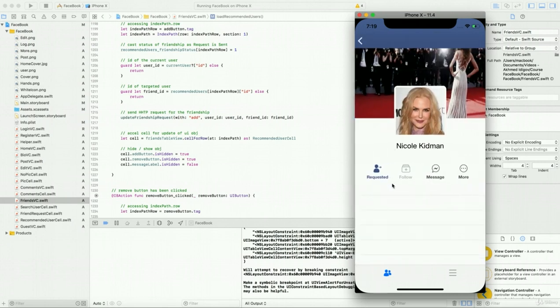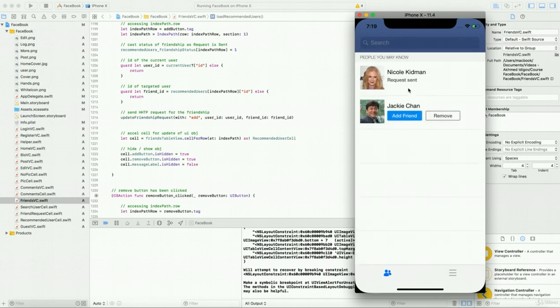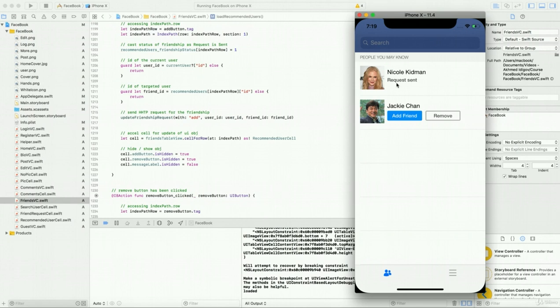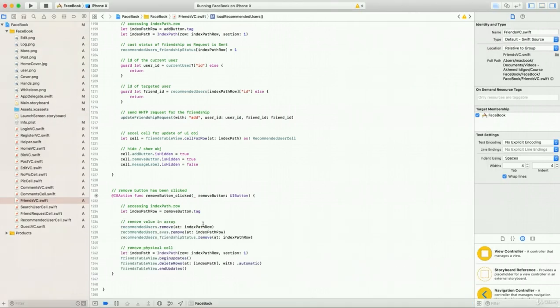So I'll add request. I'm going here. So it's showing as the request has been sent. I'm coming back. It shows the same. I remove that. I come back. Still, guys, it shows the same. Yeah, because we have to